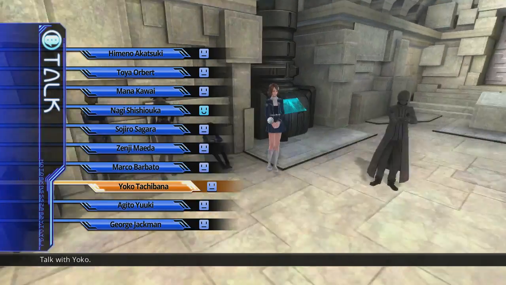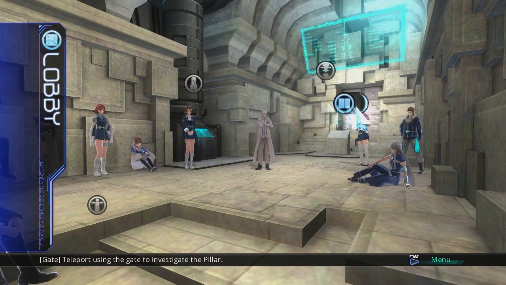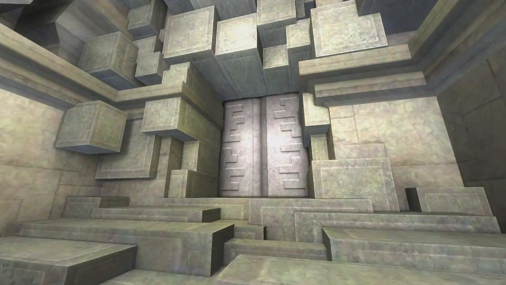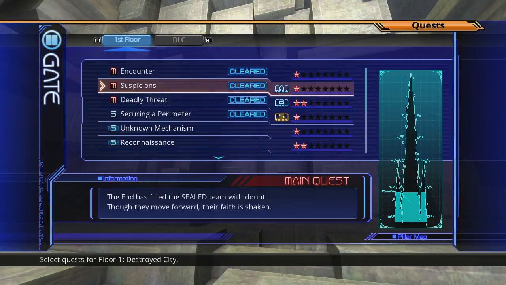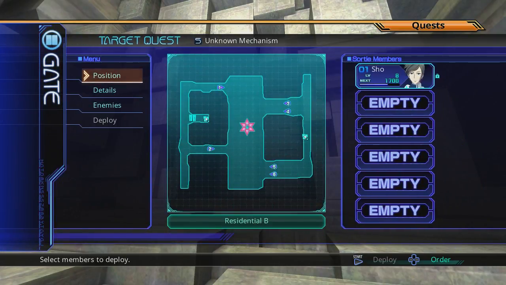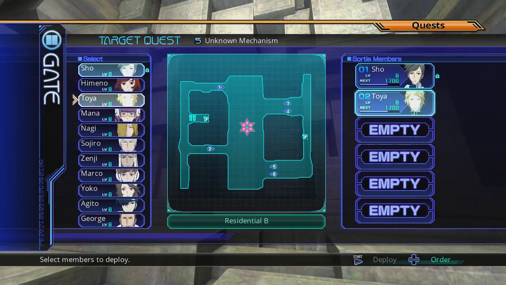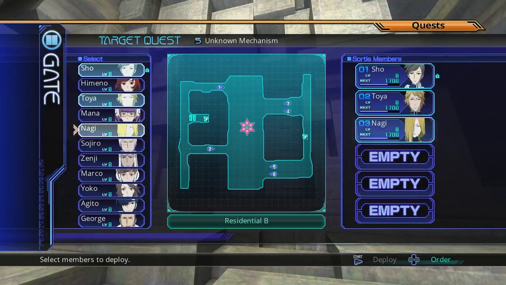Yes, in summation, the End is a huge jerk. And we don't like him very much. Whatever, let's do the next side mission. We got two more, and this one looks pretty simple. And it actually is kind of simple. So...